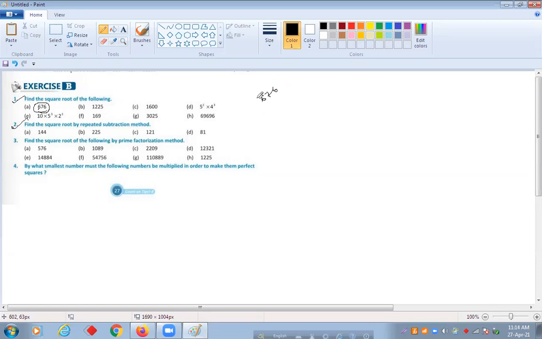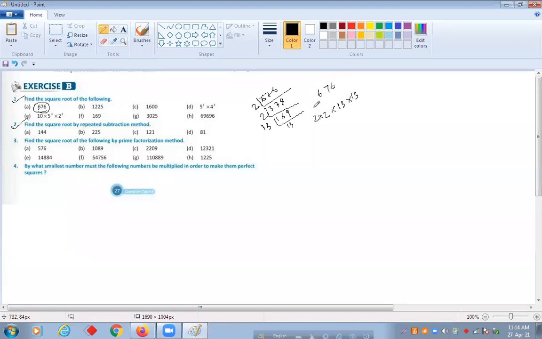When you find the square root, first you break it into factors. First you will do prime factorization. With 2, we get 338, then 169. Then with 13, 13 into 13 gives 13. So after breaking it into prime factors, how many 2s did we get? Two 2s, and two 13s. So 676.